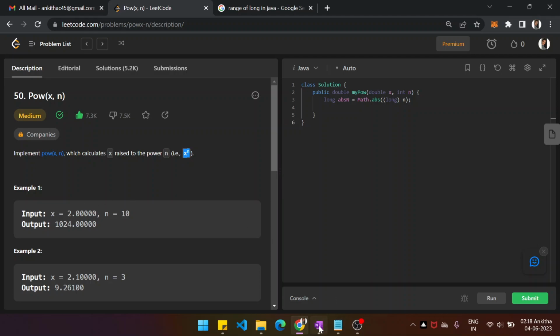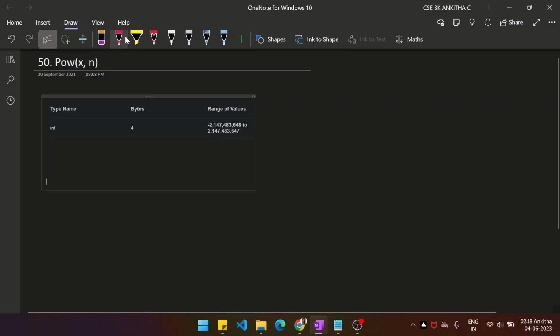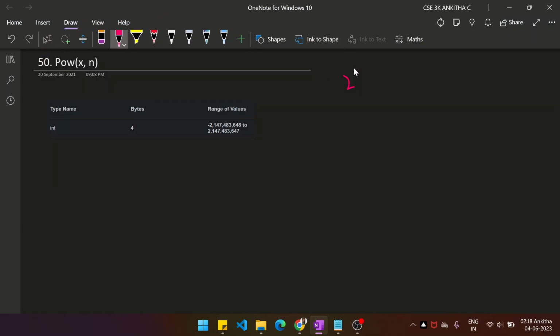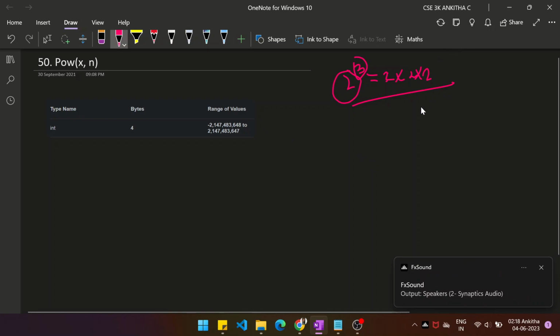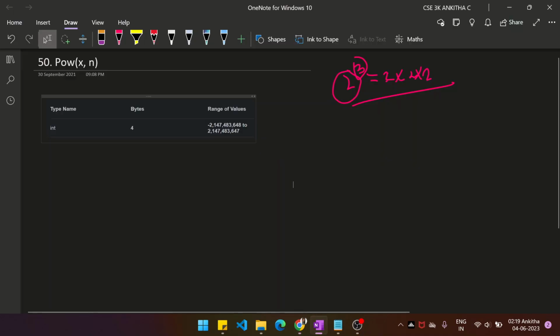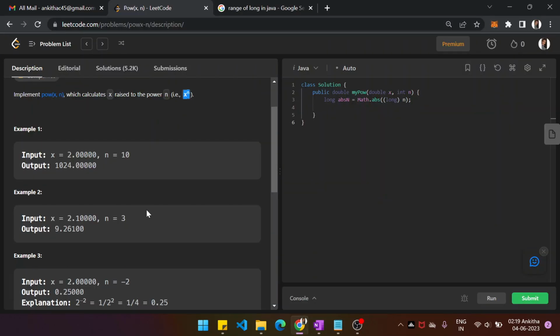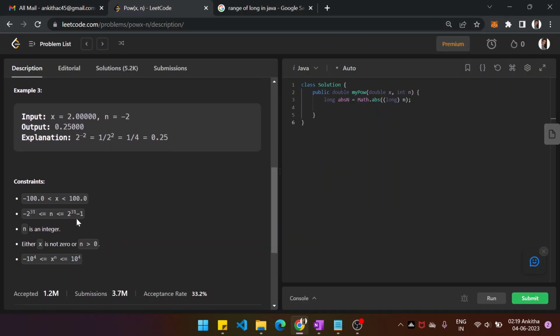Power, you know, as usual: if you have 2^3, then you multiply 2 three times. So that is what power means. Those many number of times you multiply. Now one case which you need to think of is, let's see in the example,